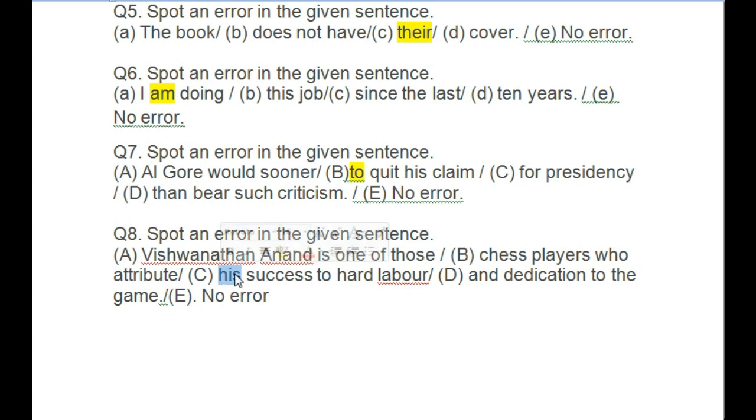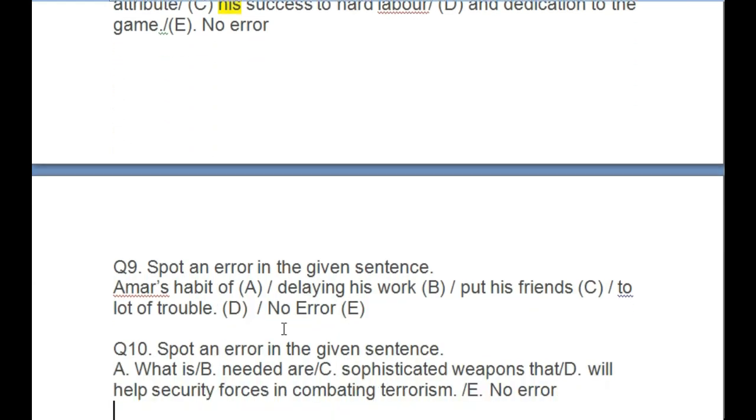So the right pronoun case should be for chess players, the plural thing, who attribute their success to hard labor. So the error is in part C with "his". The next question is